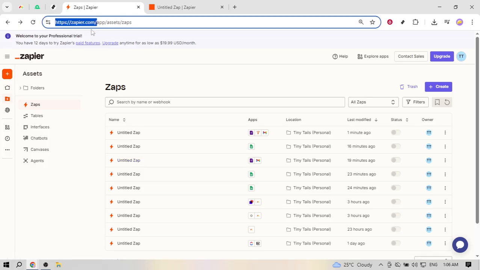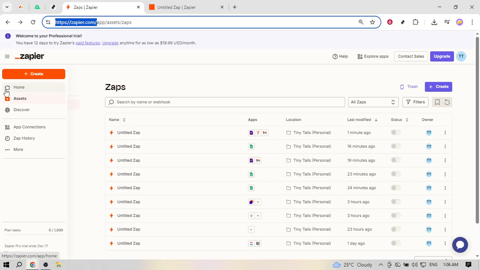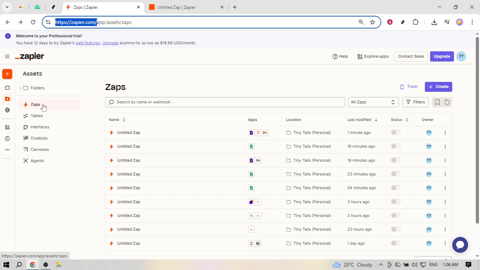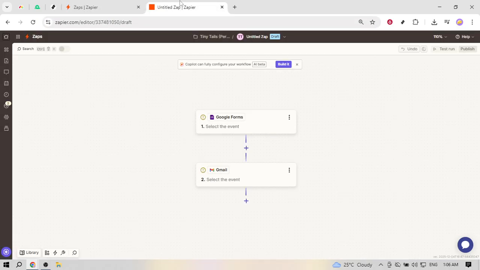From the main dashboard, look to the left sidebar and open the Assets section. This is where Zapier organizes things like your Zaps, making it easy to find what you've already built. Click Zaps to view the full list, then select the Zap you want to control with a condition. It's helpful to choose one with a working trigger and recent sample data because the filter will test against that